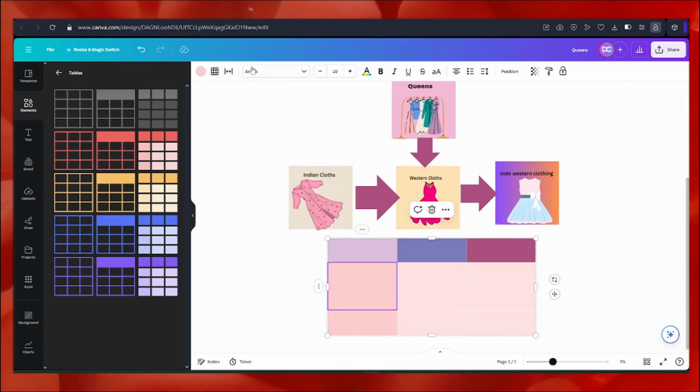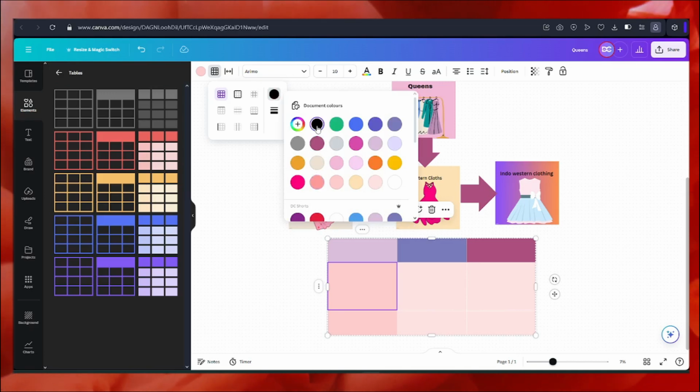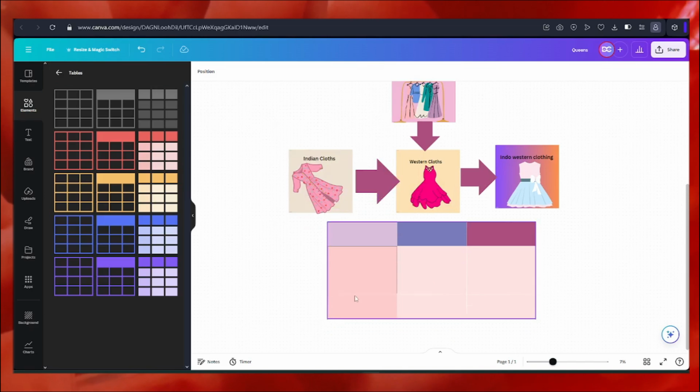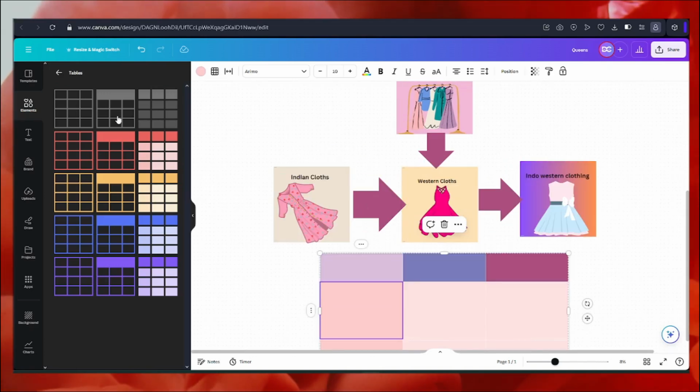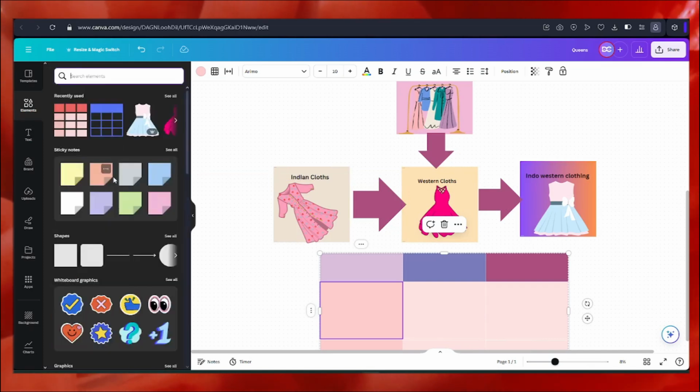So these are the changes that I can make, and this is not a very tough thing to do. Like you can see, I've chosen the black border, and there's a thin line of black border in this column. Now I can go into notes, go back into the elements, and add a sticky note